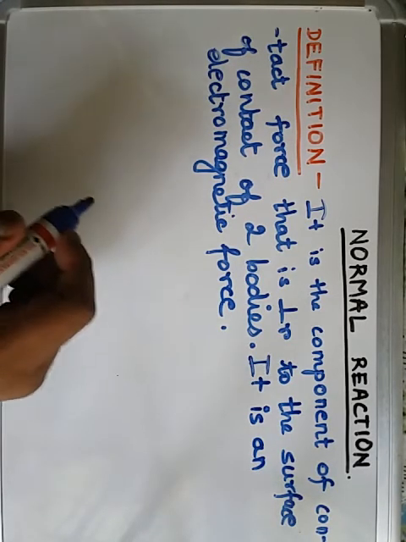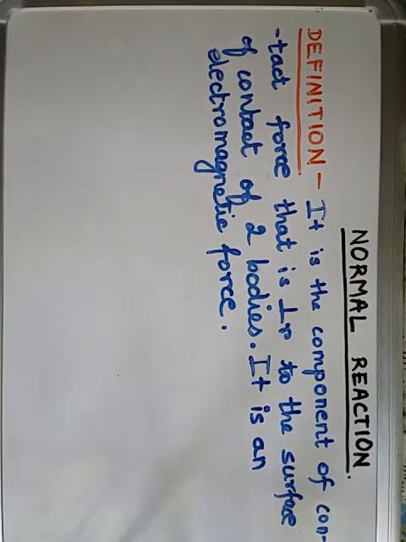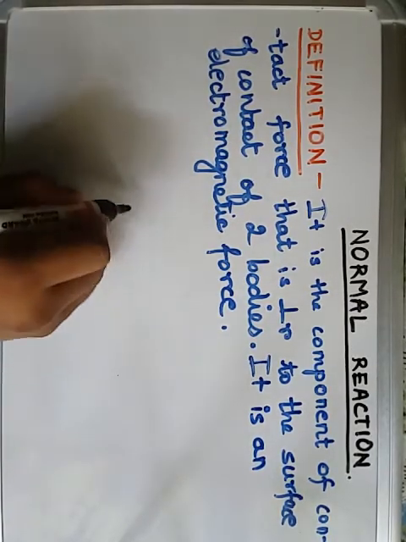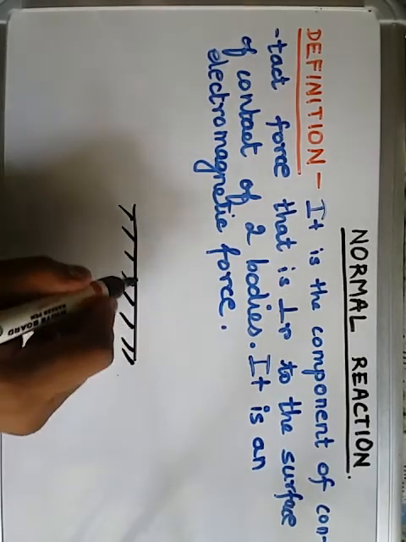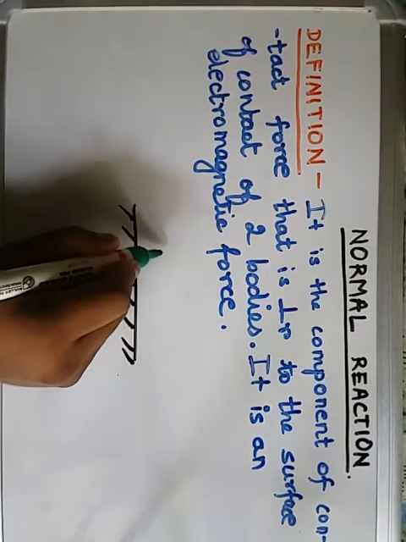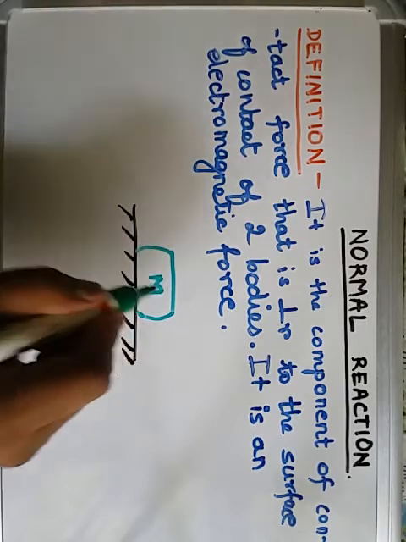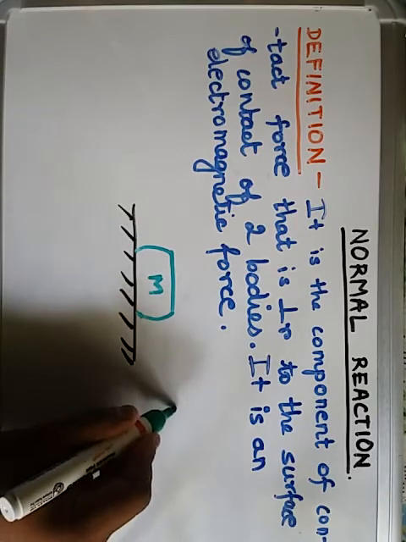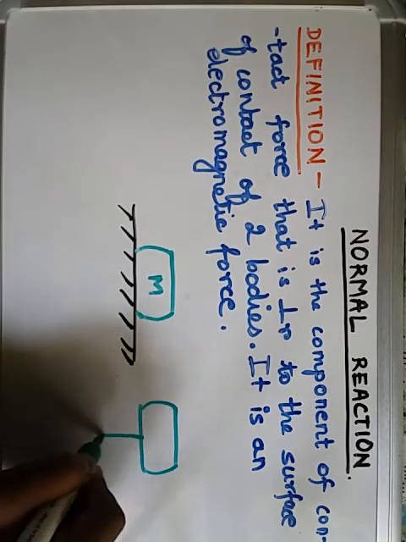Now let us look at some examples. Let us begin with a very simple example. Suppose this is the ground and a body of mass m is lying on it. So if we draw the free body diagram of this body, we get